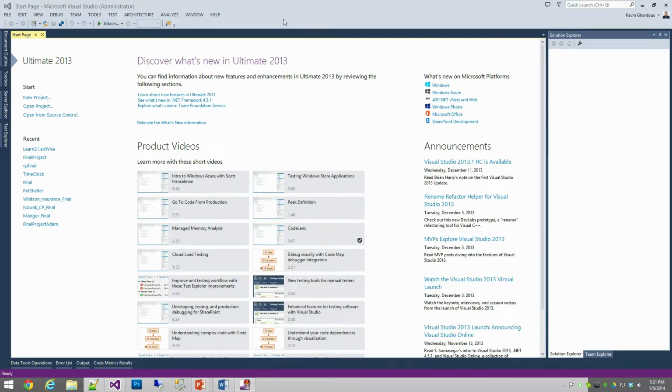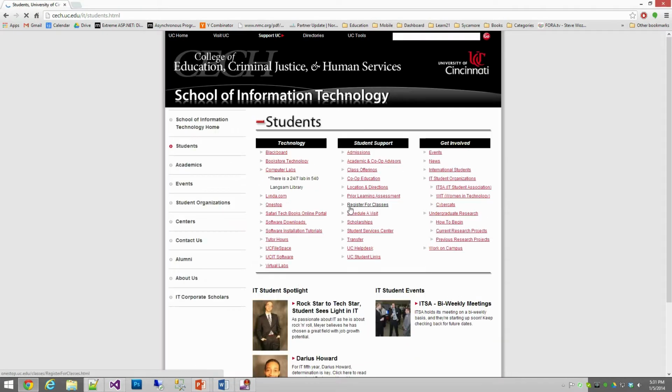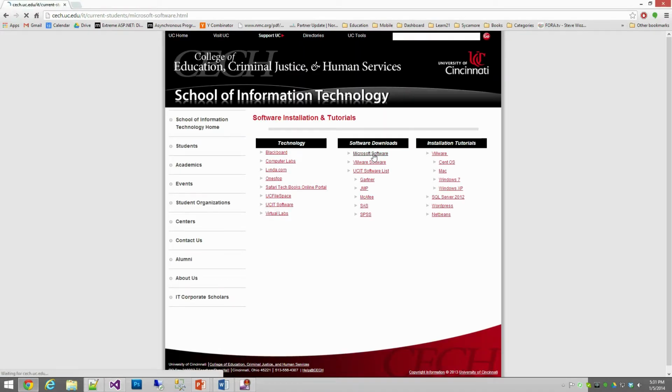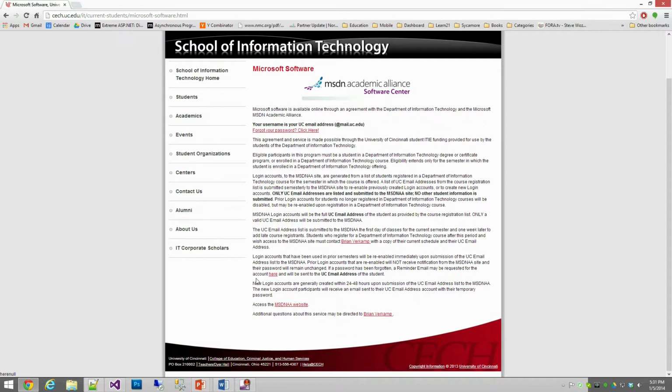If you don't currently have Visual Studio 2012 or 2013 installed, you can install it by going to the IT department webpage and navigating to Students. Under Technology, you'll want to choose Software Downloads. From Software Downloads, choose Microsoft Software. And then from this MSDN Academic Alliance page, you'll want to, at the very bottom here, click on the MSDN